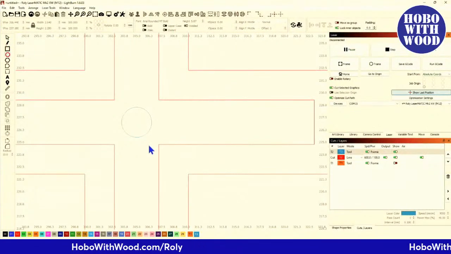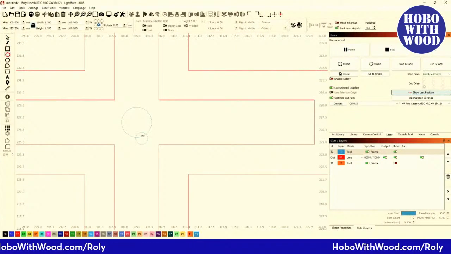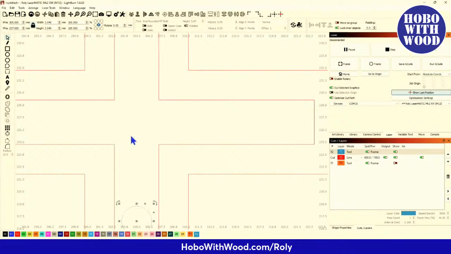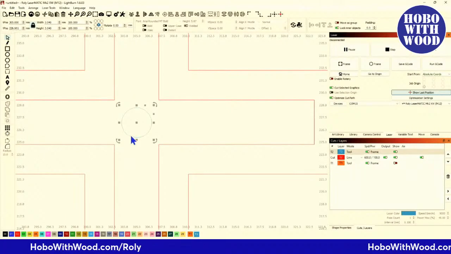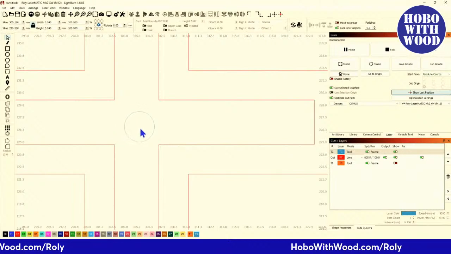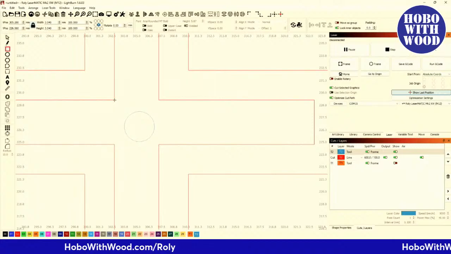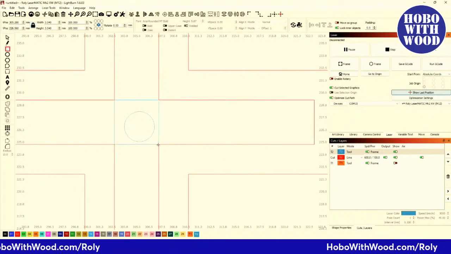How many ways are there to do something in LightBurn? Another thing you can do is, and I didn't mean do that. You can always screw up. If you've got a lesser mouse and you end up moving that, unless you selected it and now it got bumped, well, you can use that square again. Come up here and draw out a square from corner to corner,